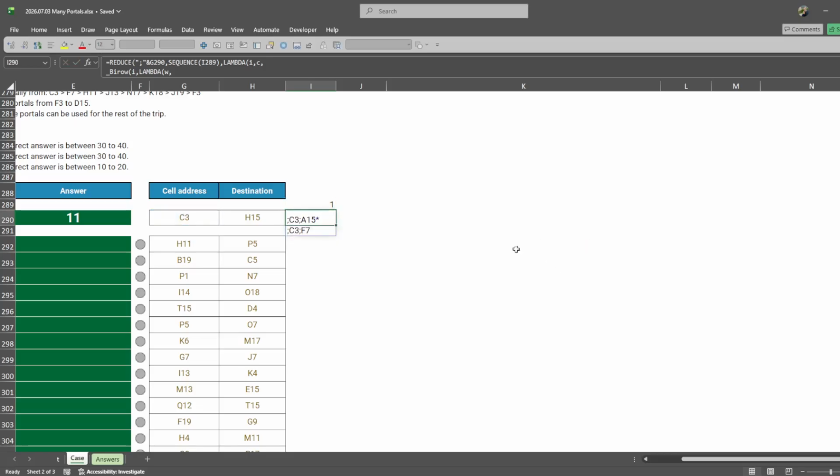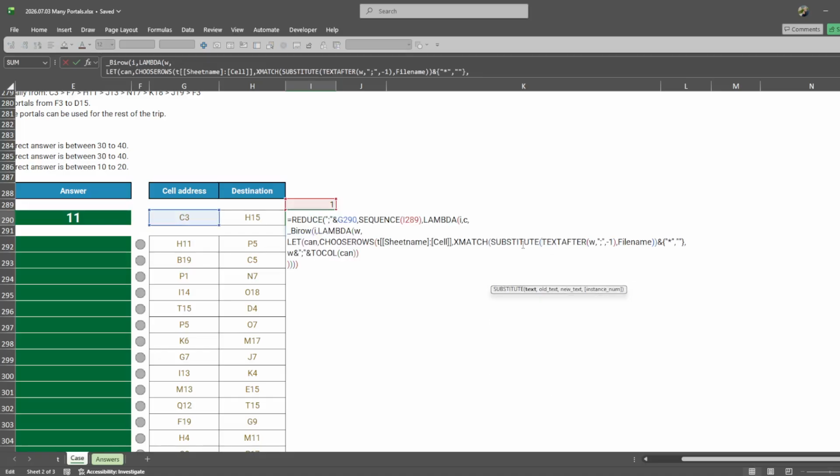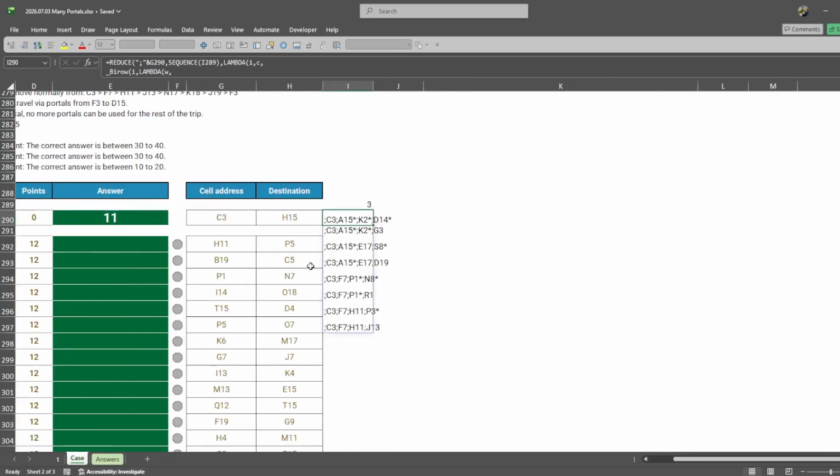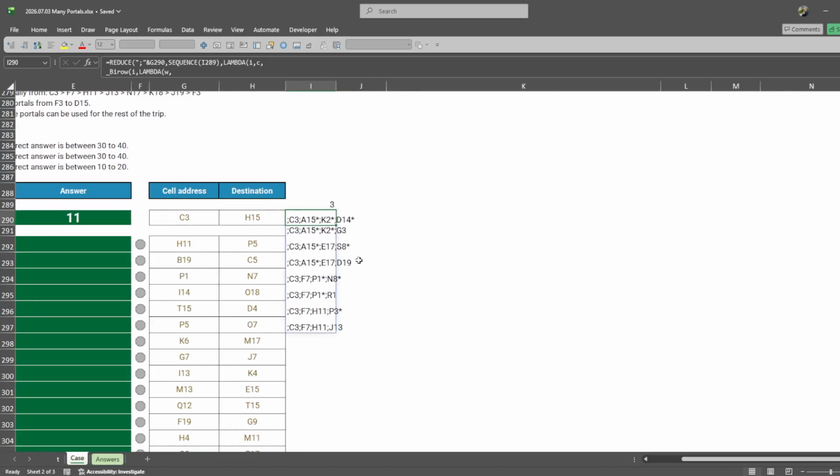So there are different options. Probably for me the easiest one is if I just substitute out. So substitute a star with, that is an U, a star with nothing, something like that. And now if I do it, you can see what I'm getting at. But we have the condition only one portal. So pretty much what I can do is check how many portals are there. And if there is more than one, I can filter them out. There are a lot of options. I can technically do it in a to call, but I find it easier to do it after what I think. So what I want to do is somehow,